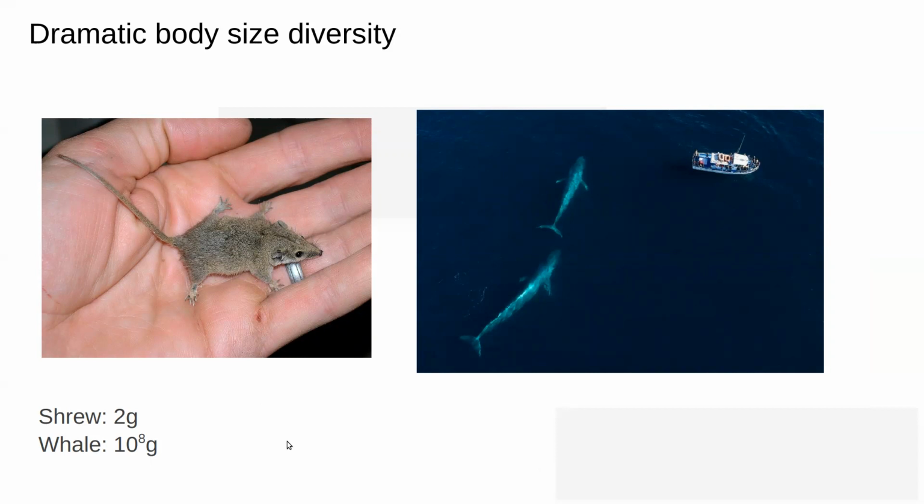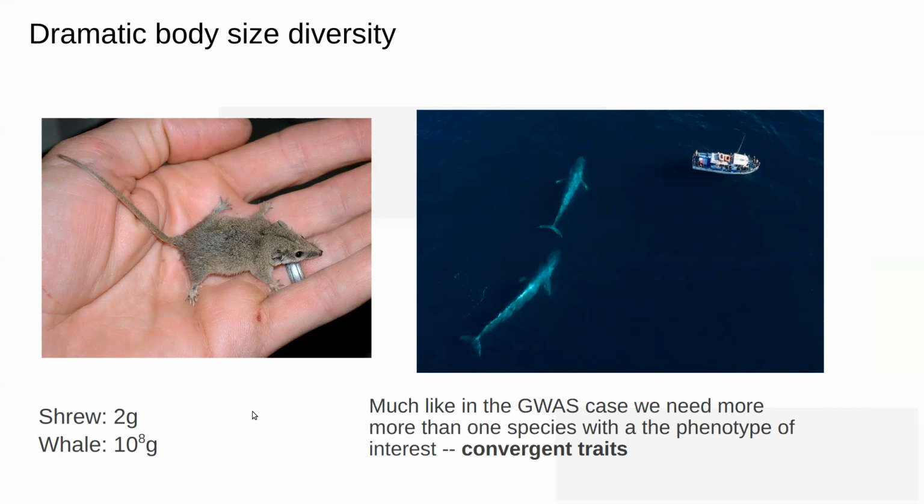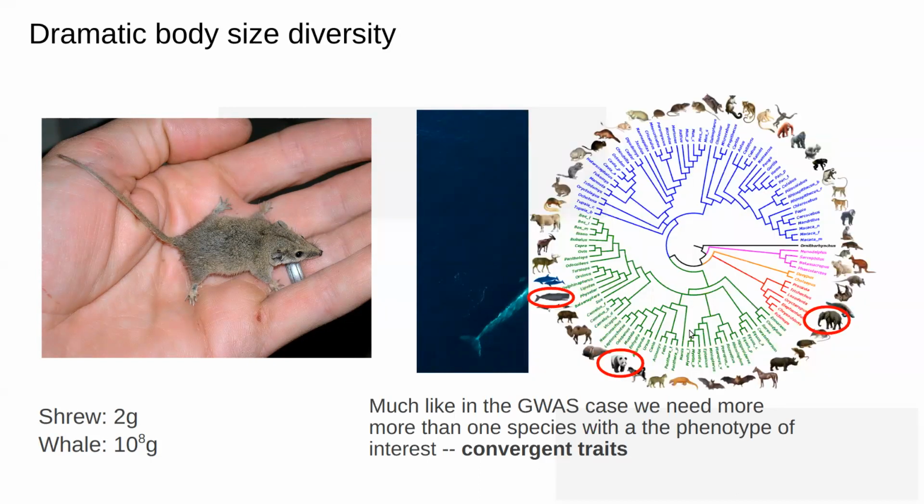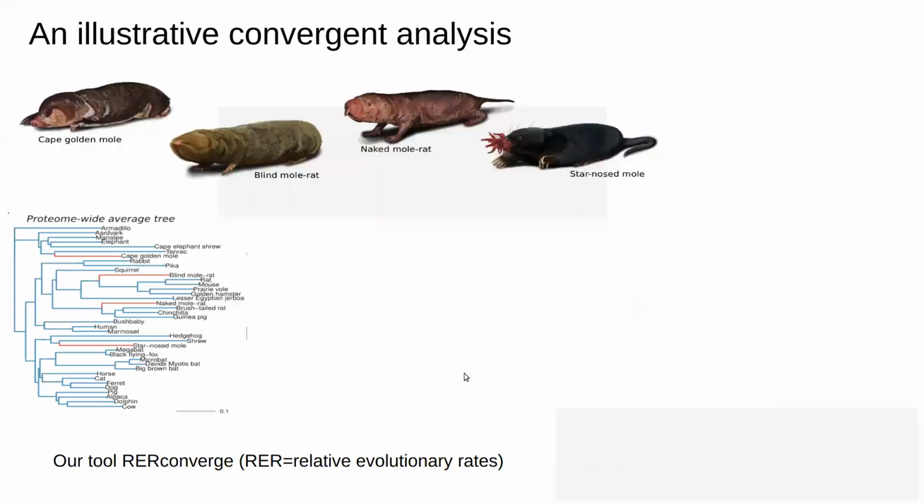distance. So if we're interested in studying the large body phenotype, much like in the GWAS case, we really need more than one instance of it to have any statistical power. And thankfully, in the mammalian tree, we do have multiple instances of large body sizes evolving independently. And in that sense, the large body size is actually a convergent trait, which gives us statistical power in order to understand the genotype-phenotype relationship. So in order to illustrate how we might use a convergent trait to do that, we can take this very simple example of a convergent trait where we know what to expect